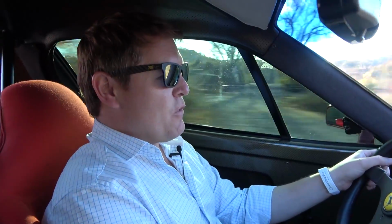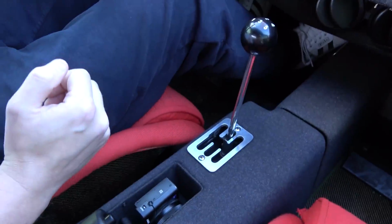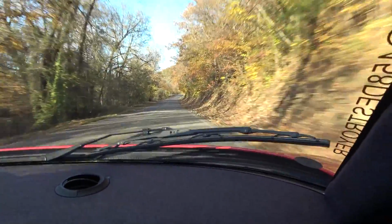And I tell you what, it's quite the sweet spot. It's a very different drive here right now to driving in the F50. It's such a different car to experience, but it's phenomenal. And that's part of it as well, let's be real. The fact that this car could do 200 miles per hour in the late 1980s, you've got to get used to things like the dogleg gearbox. First gear is actually down to the left, so that kind of thing, if you're not entirely familiar with it, just takes a second to get your head around. But when the road opens up,